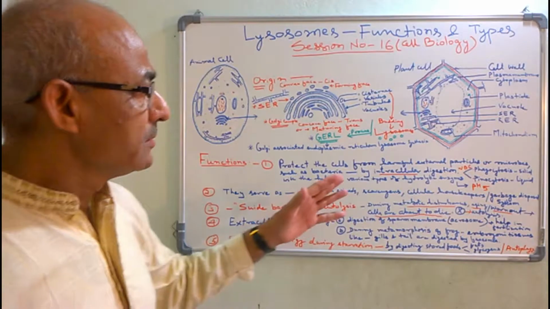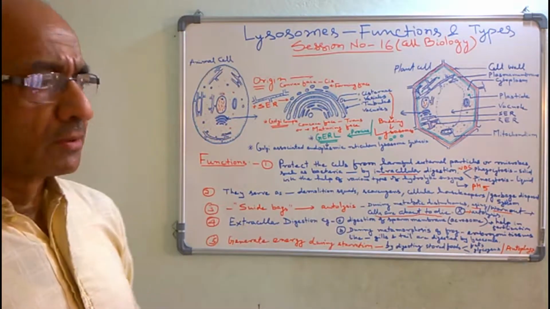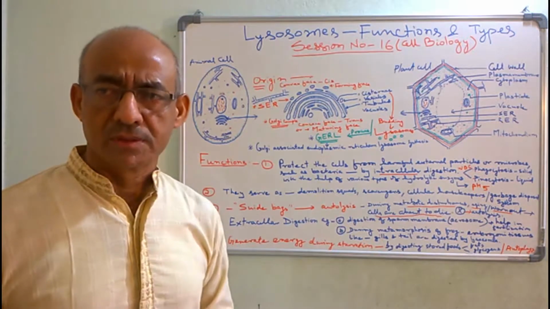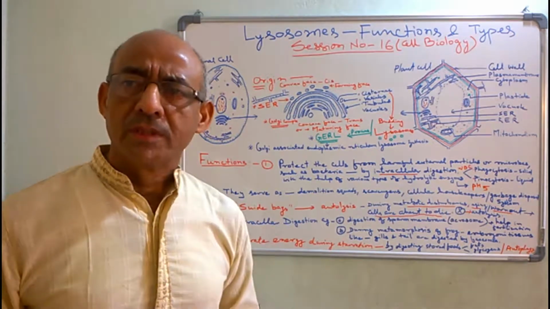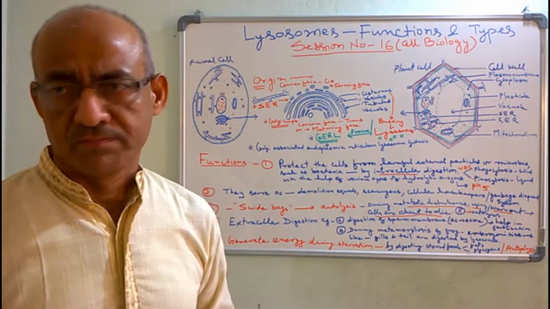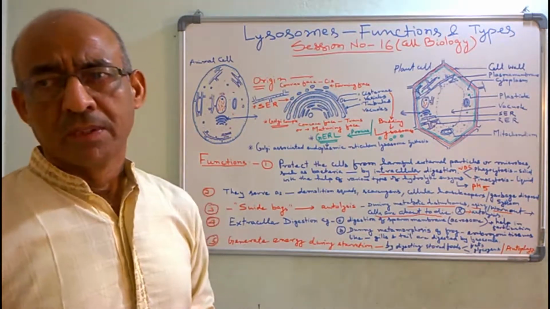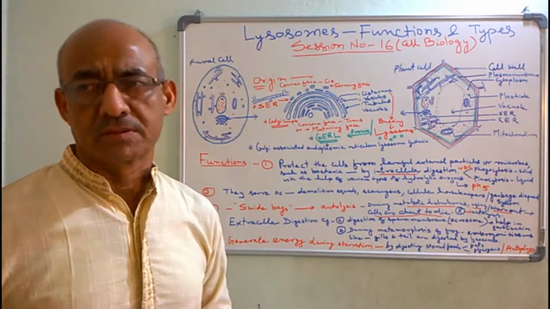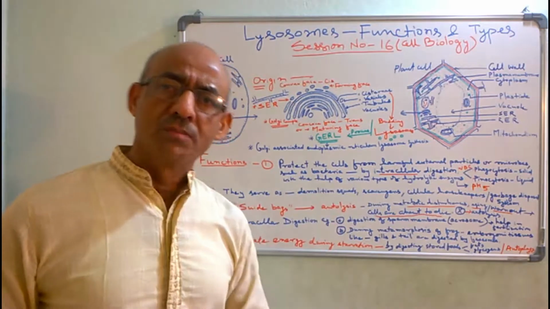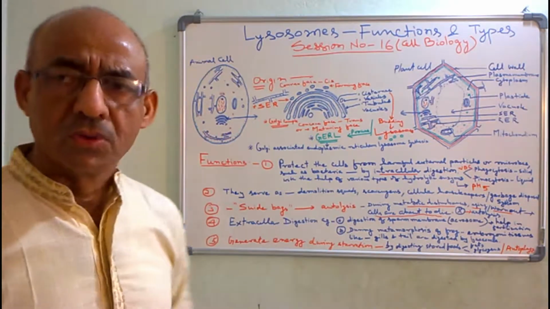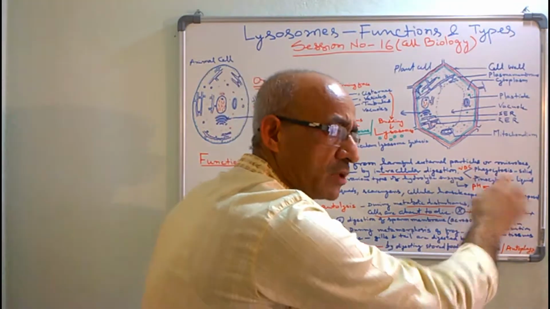By the process of intracellular digestion, with the help of their various types of enzymes, they digest the external material as well as the microbes. For digesting the external materials and microbes, the lysosomes basically engulf those materials by the process of phagocytosis and